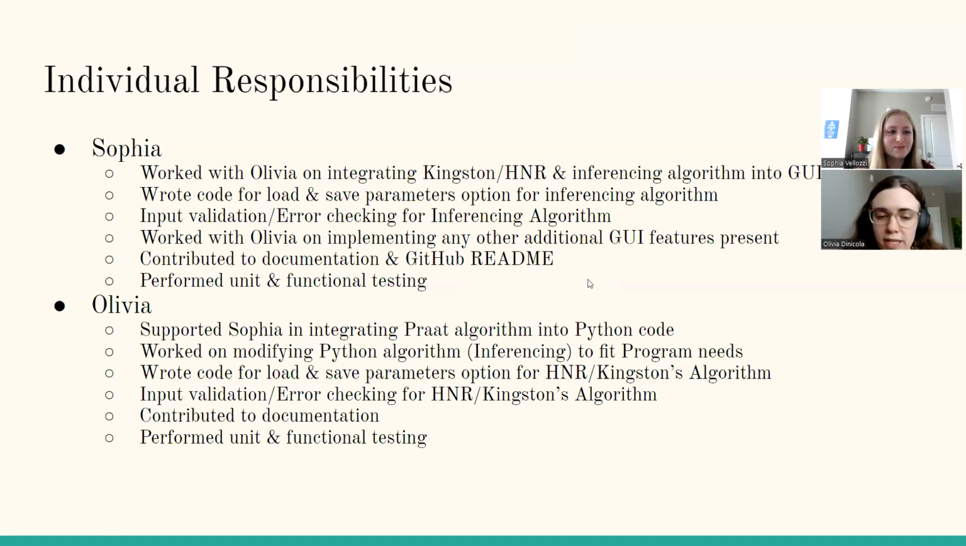I supported Sophia in integrating the Pratt algorithm into Python code and worked on modifying the Python inferencing algorithm to fit the specific needs of our program. I also wrote the code for the load and save parameters option for the H&R/Kingston's algorithm, as well as did the input validation and error checking for the H&R/Kingston's algorithm. Lastly, I contributed to the project documentation and performed unit and functional